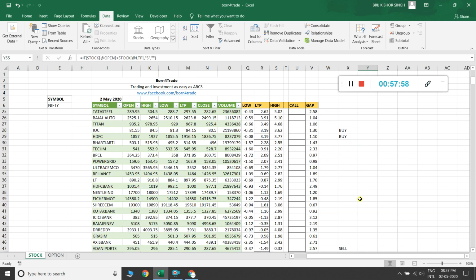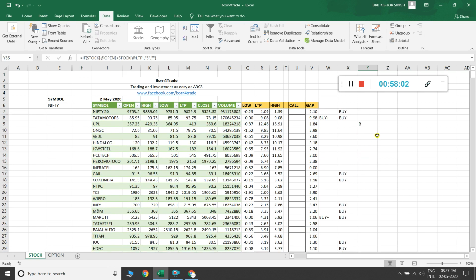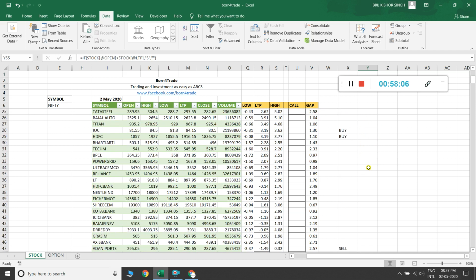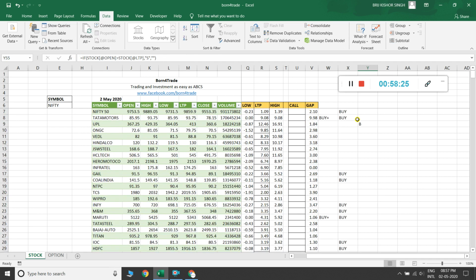So now I just try to mix this formula with the B plus, B, and S formula. Then I click here, go to the formula bar and copy it, avoiding the equal to sign, just Control plus C, copy, and escape.